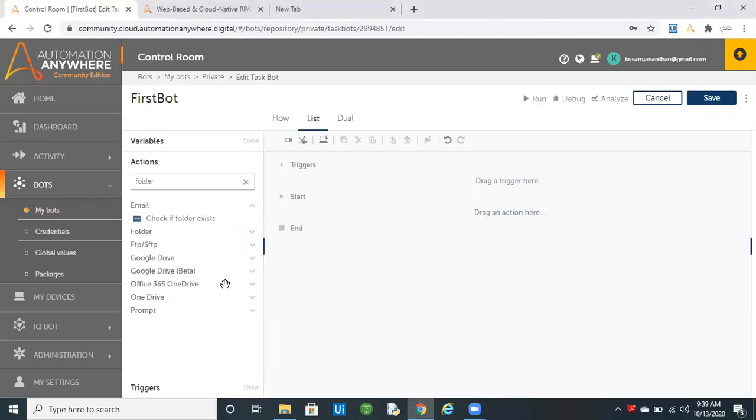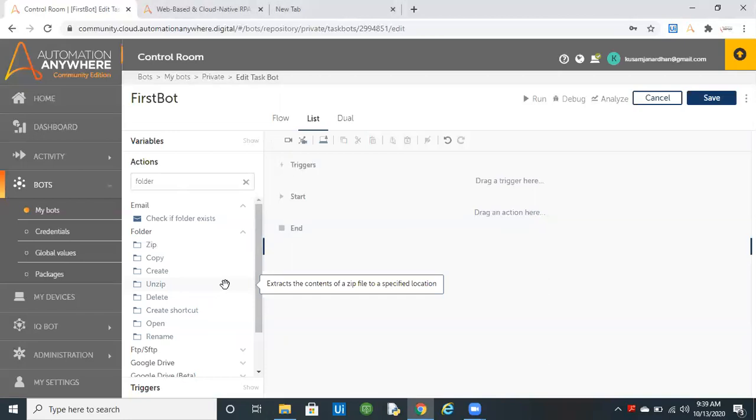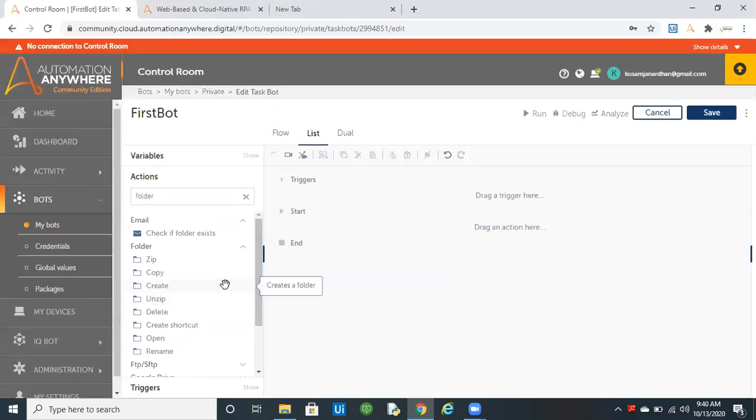Here we have different features available in the folder command. We can zip the folder, unzip the folder, copy the folder, create folder, delete folder, open folder, rename folder, and we can also create a shortcut. Let's have a look at all these commands.